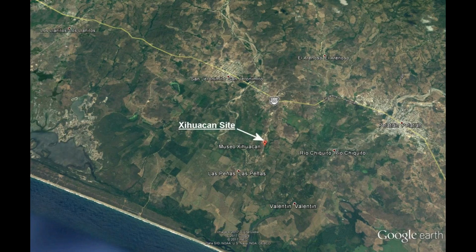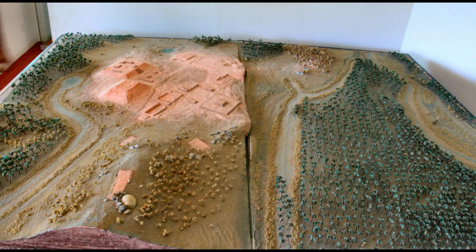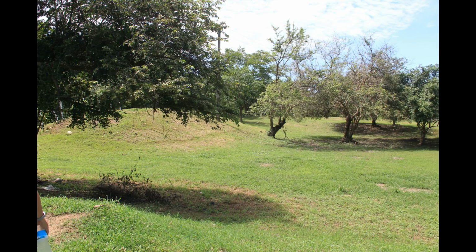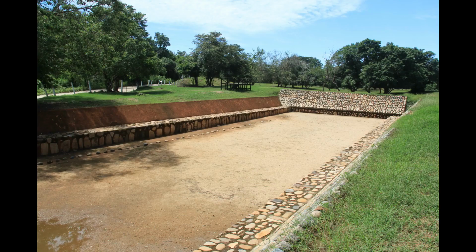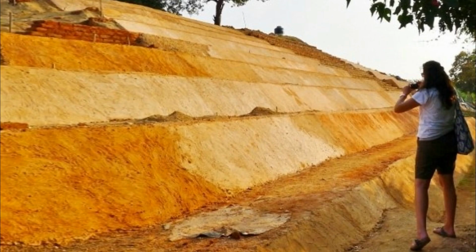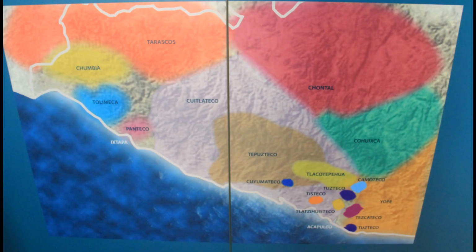It's called Xihuacan, and it means a place of the people who control eternity. One of the oldest ball courts found in Mesoamerica is located in this particular location. It is a cross-cultural ceremonial center that they feel was worshipped by many pre-Columbian tribes, including the